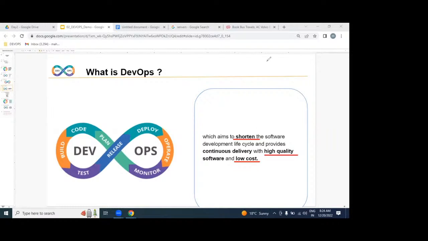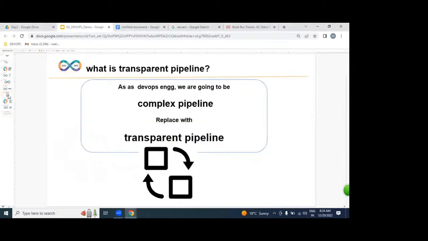It is nothing but DevOps. But actually, what are the roles and responsibilities? Once you're stepping into the company, what is the first priority goal? What is the major first goal? Have you remembered? Replacing a complex pipeline with a transparent pipeline.